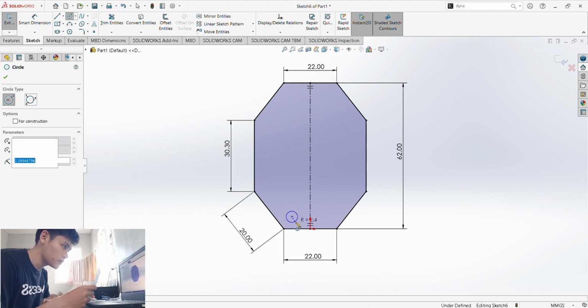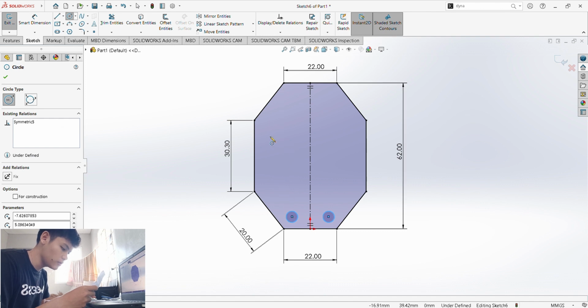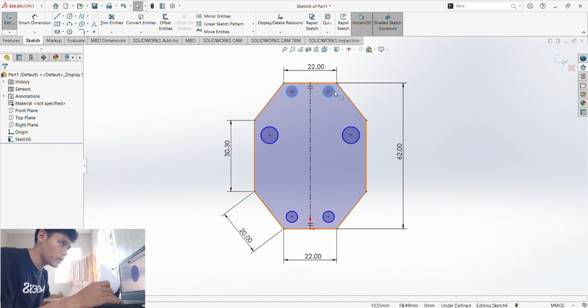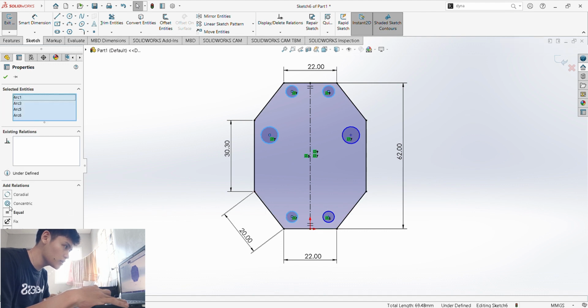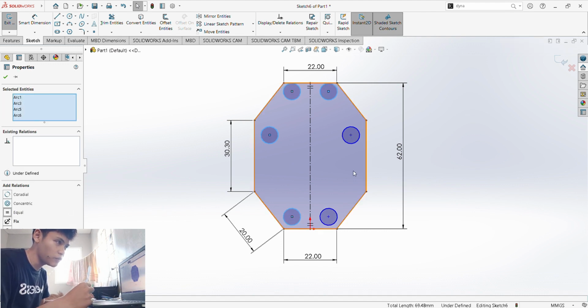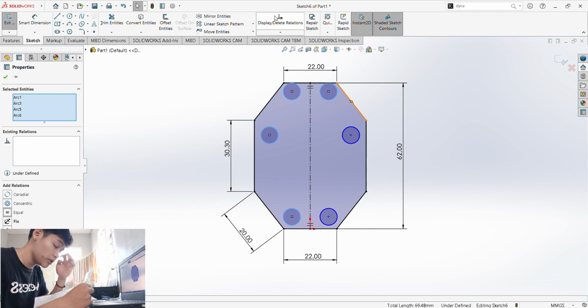So next, after that, we will be creating circles. One right here, here, and here. Then you could just press Ctrl, select all the circles, then add a relationship with them, which is equal, so they would always be equal in diameter.